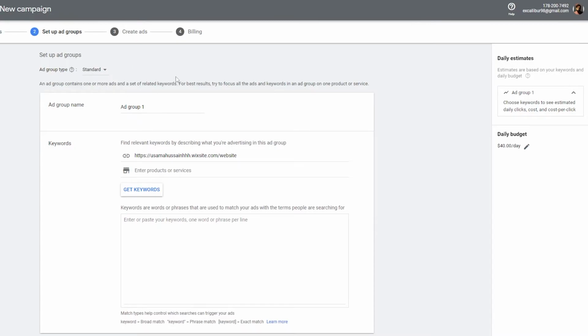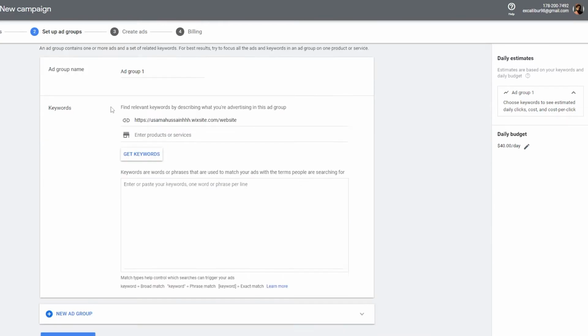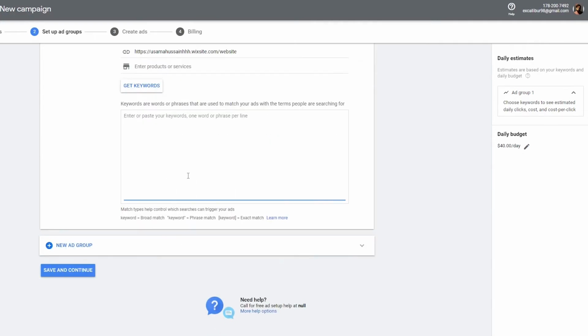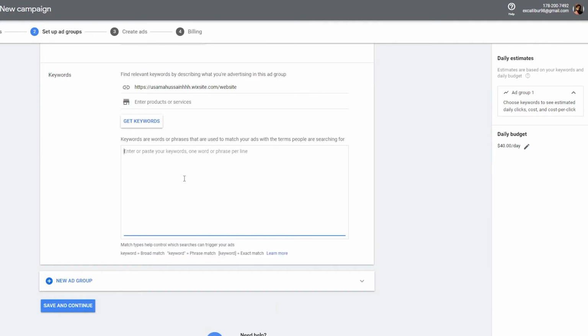I would recommend going with the standard one because it's easier and not a lot of complicated. And then you can name your ad group over here, and then down below you can add in keywords that represent your website, that are more focused on your website. Since I'm using a Wix website, it doesn't give me a lot of keywords on its own, but for you it might have already given you some keywords. So what you're going to do is select all those keywords and erase them and add in